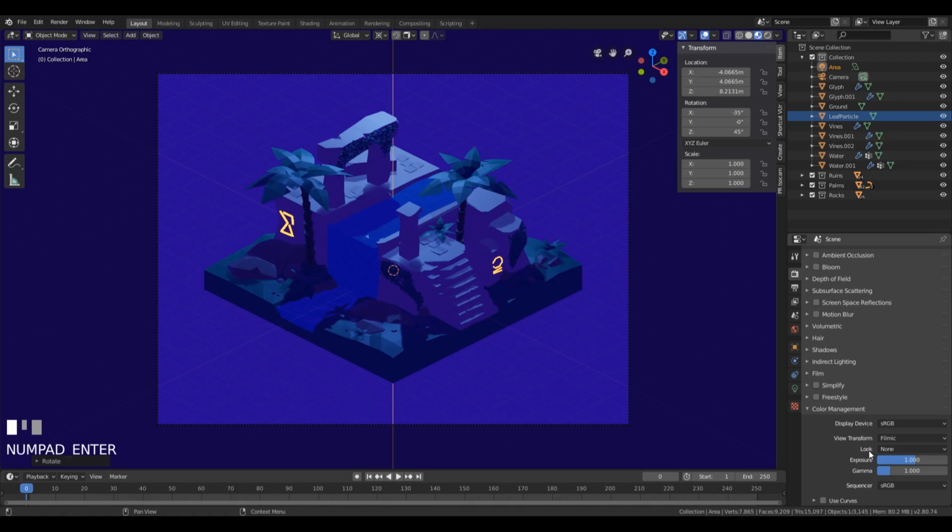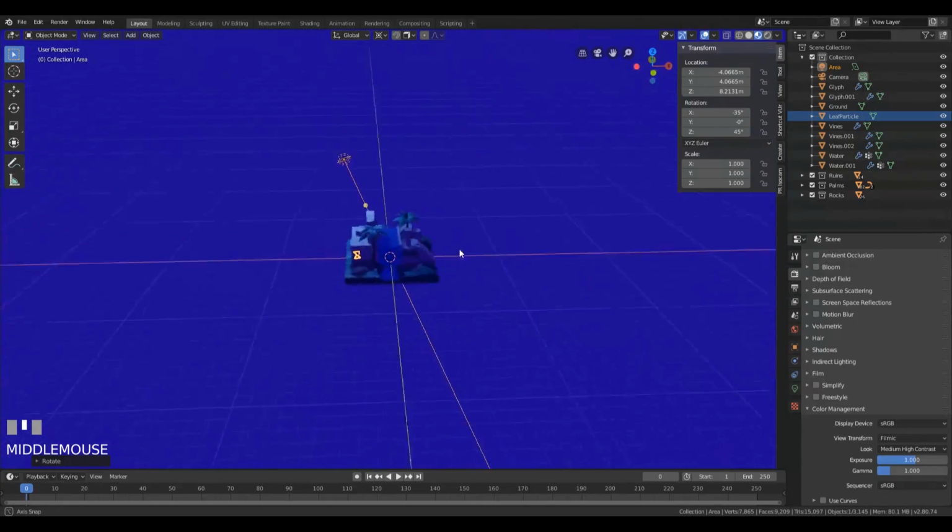And let's change the look here. That's where you set the contrast to medium high contrast. Okay, so this is our basic lighting,